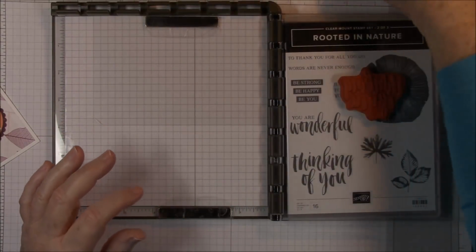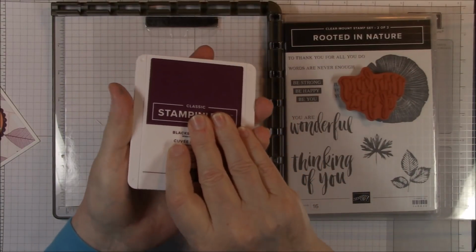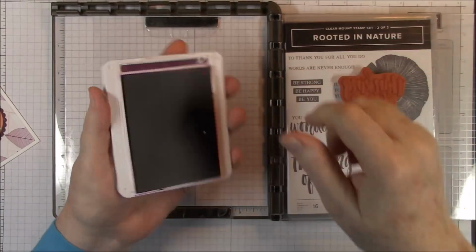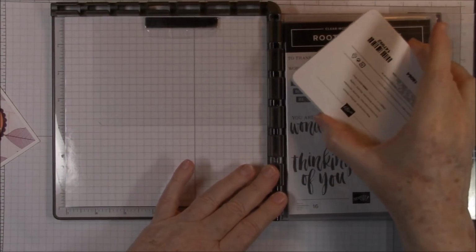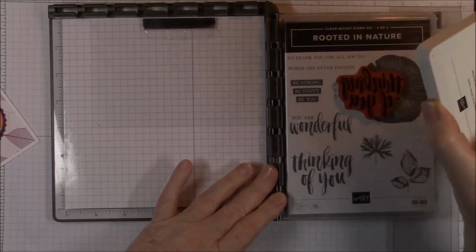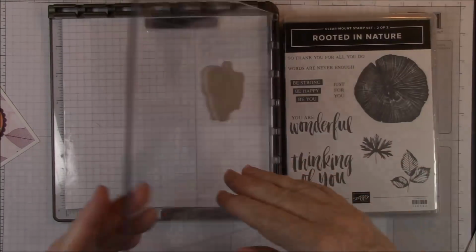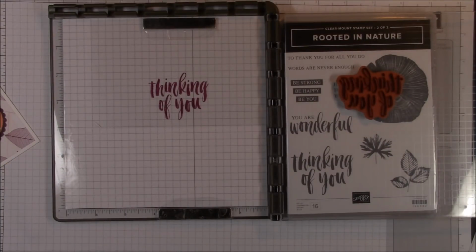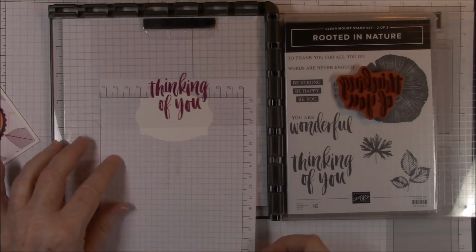Here, and we're going to get our Blackberry Bliss ink. And I have to remember to do this like a compact. I'm still learning. I still want to slide it back. I had a little piece of fuzz on my ink pad. I had to get it off. Okay, so going to ink up our Thinking of You with our beautiful Blackberry Bliss. It doesn't have to be perfect because we're just going to put the image on the plastic. Now it is a tight fit, but we can slide this underneath here